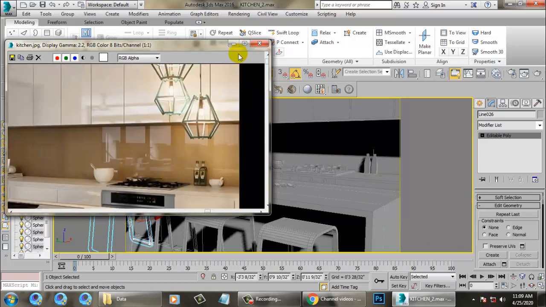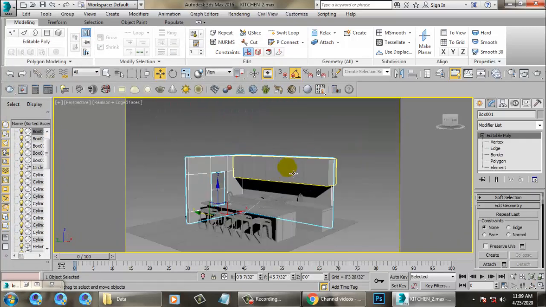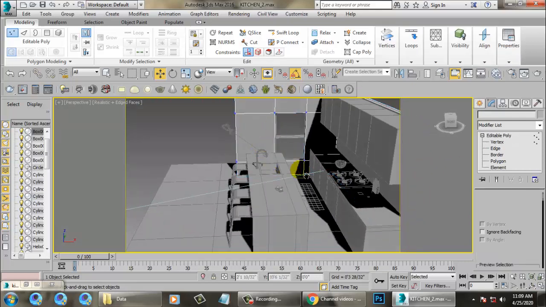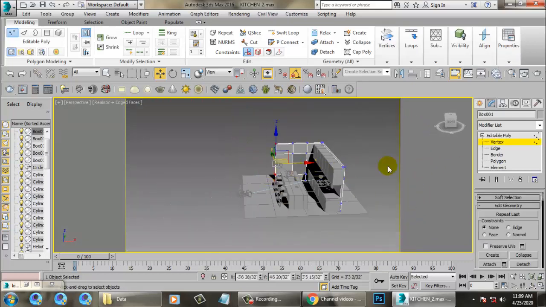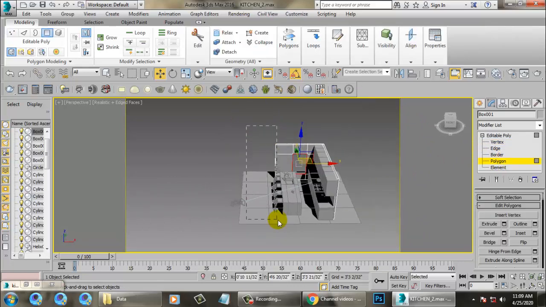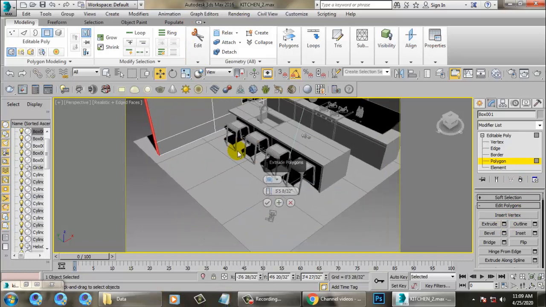Now definitely we'll create one roof on top. So we need to create one roof over here. Before we go with it, first let's select this polygon and extrude it till here.